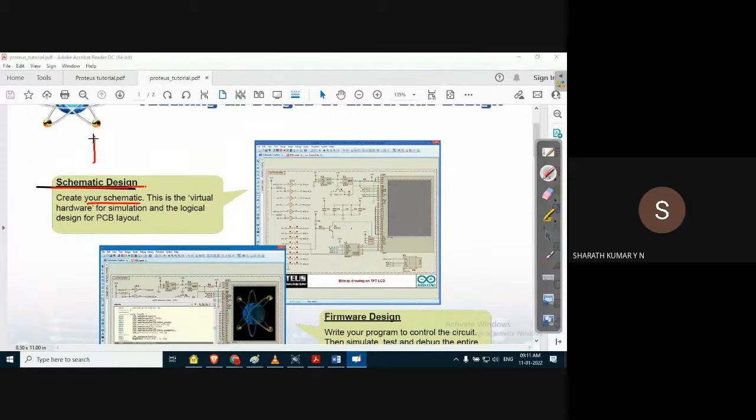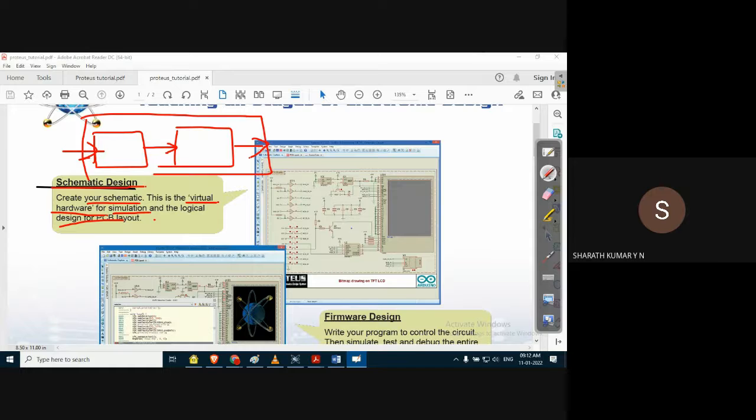Basically, it is the interfacing of various components for simulation purposes. Physically they represent hardware components. At tool level, it represents schematic modules. This is virtual hardware for simulation purposes and for logical design for PCB, because once the hardware is ready, we can convert this into a PCB, because ultimately what we want is a PCB. Of course, it is not part of our laboratory, but this is the actual design.